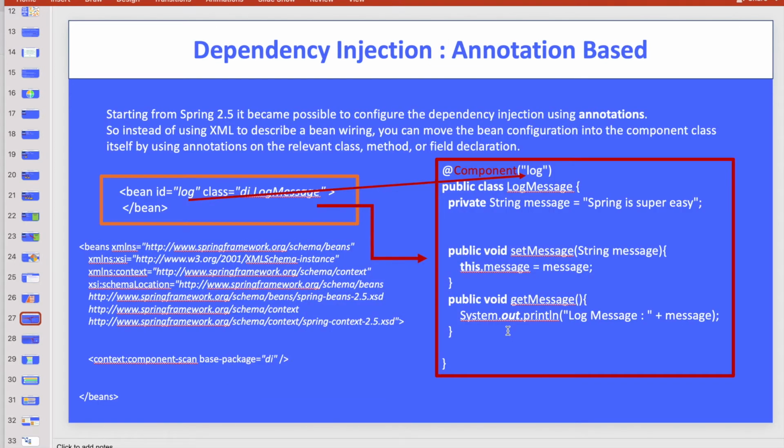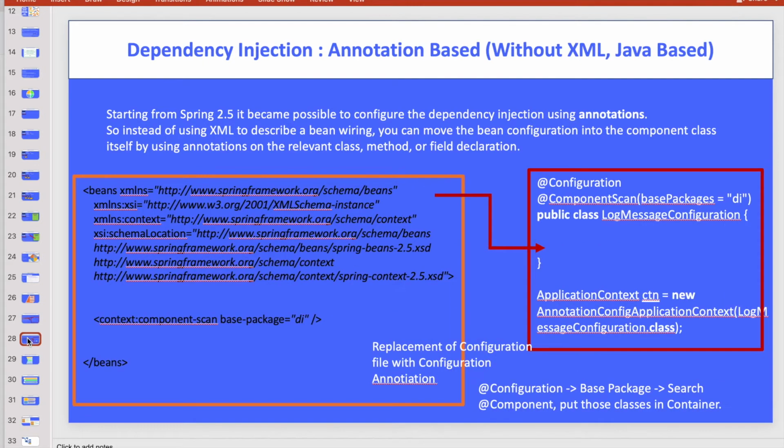Just for the recap, because we are going with the annotation-based approach, the XML is not required. What we achieve through XML, you used to write this kind of code. Instead of this bean, you have to use the component, which I will explain. And for this configuration file, there is no need for the XML configuration file.